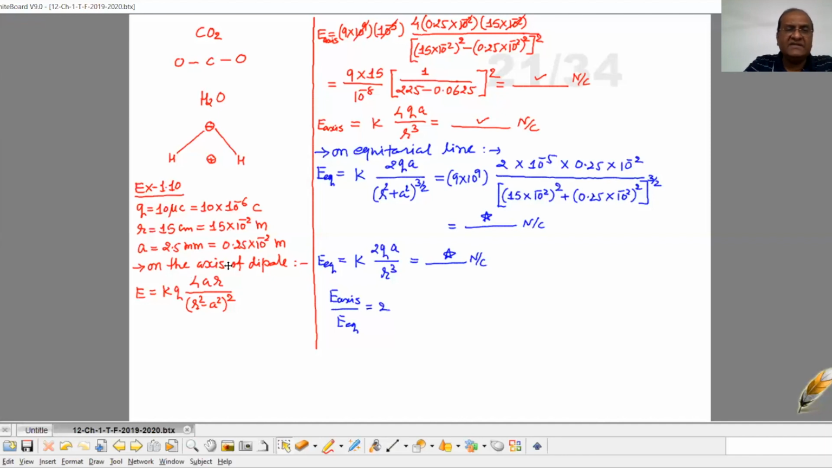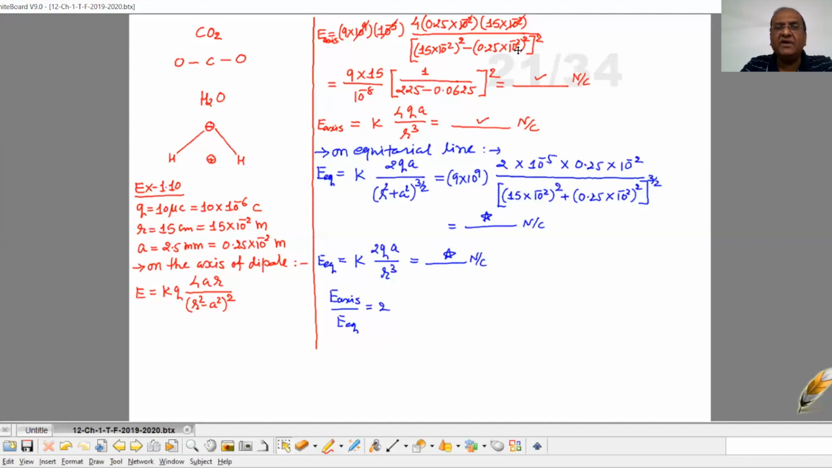Now on the axis of the dipole, we can write the equation of electric field as K Q 4ar upon (r square minus a square) whole square. This we already discussed in the previous theory. So now directly substitute the values. K is 9 into 10 raised to 9. Q is 10 raised to minus 5. Then 4a is 0.25 into 10 raised to minus 2, r is 15 into 10 raised to minus 2, divided by r square, so 15 into 10 raised to minus 2 whole square,